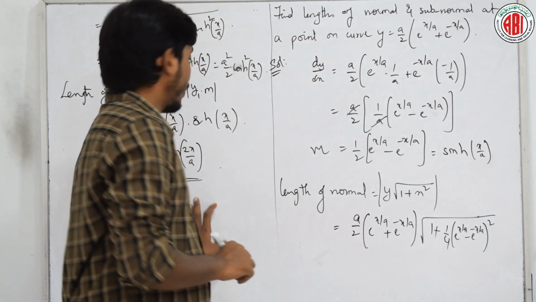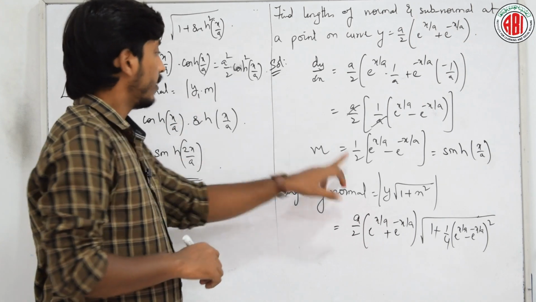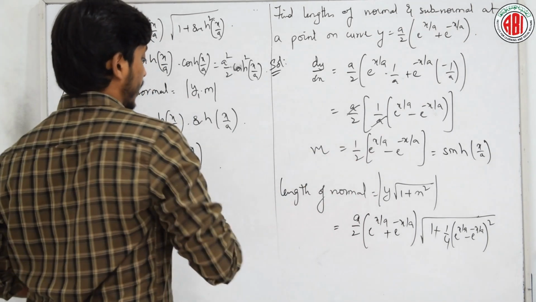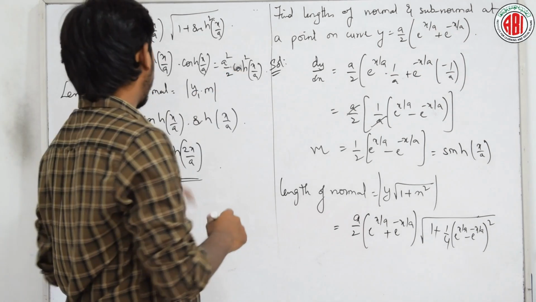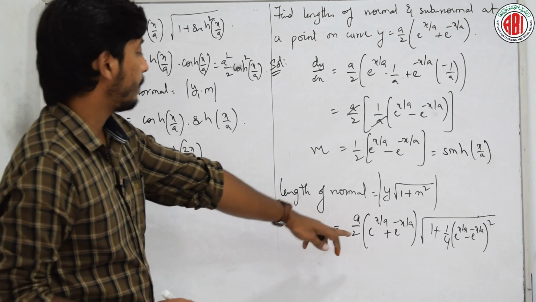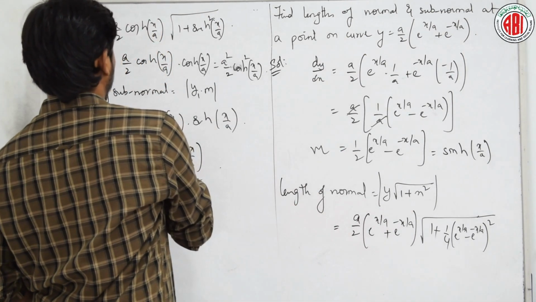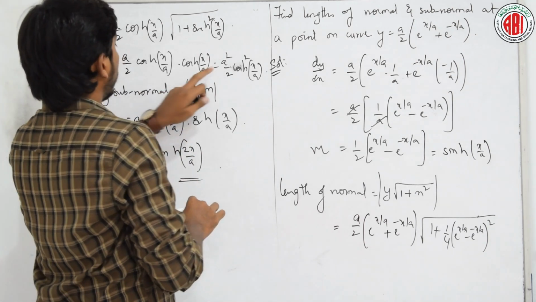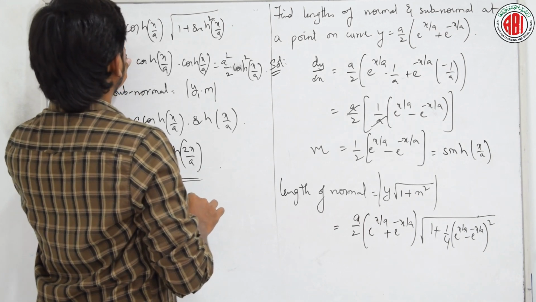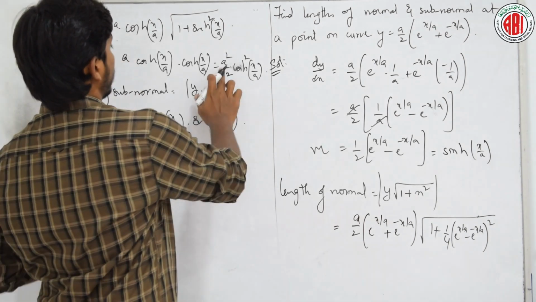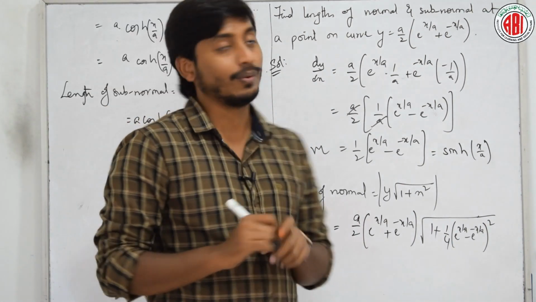Clear? These are the basic questions of how to find a given question. Clear? Yes or no? Oh, we don't have a here, right? Okay, what is y1? y1 is nothing but a into that, right? So here you will have a, and sorry, we don't have by 2 here. Why? Because the by 2 itself is in the formula of cosh. These are the basic mistakes which you people also do.